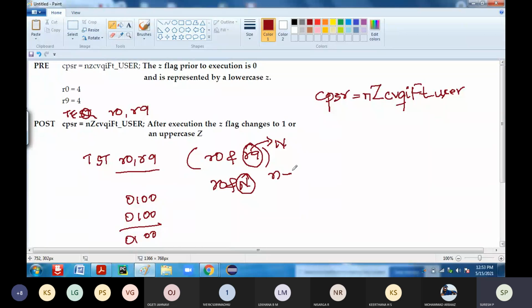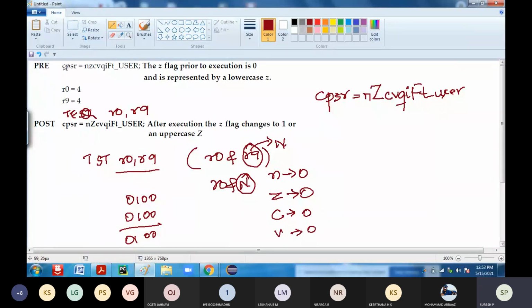Is your N flag set for this particular example? No. Is the zero flag set? No. Carry? No. Even overflow is 0.